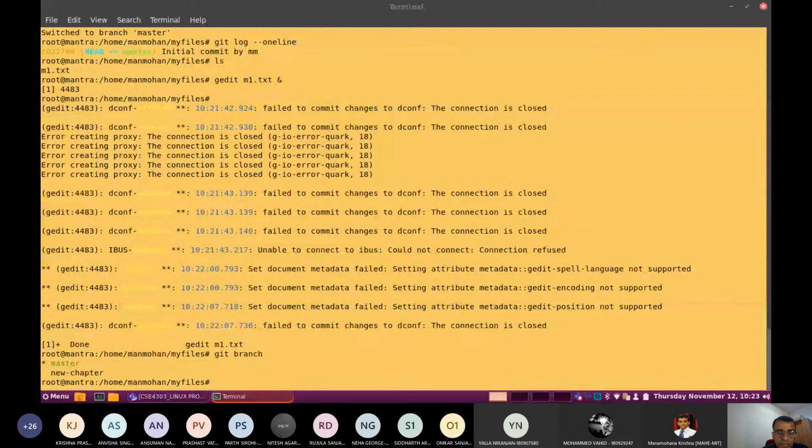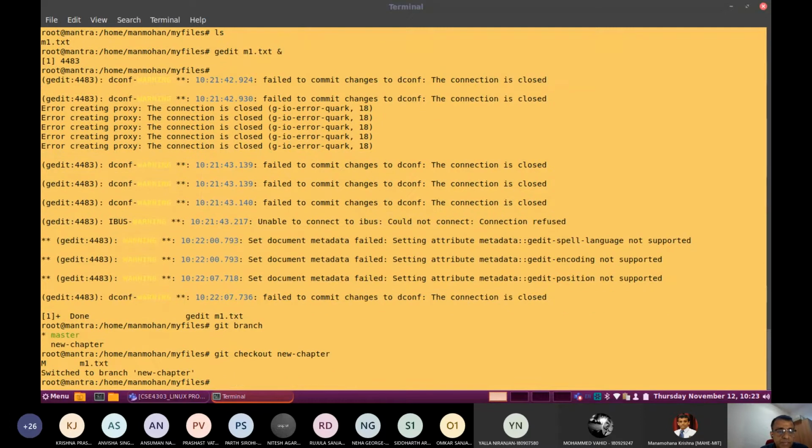Git branch, okay, new chapter. I am currently in the master branch. So git checkout new chapter. Now if I try to change to the new branch, look into the message. Switched to the new chapter.